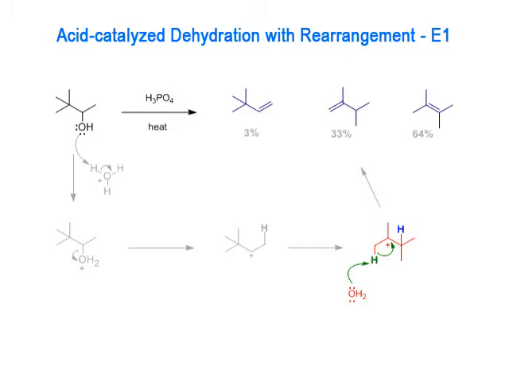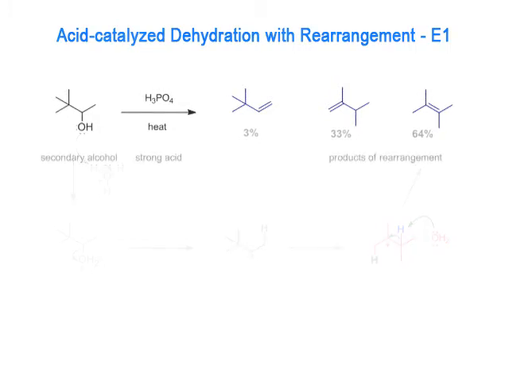In the first process we see here loss from the left to produce the less stable alkene in 33% yield. Loss of the beta proton on the right produces the tetrasubstituted alkene, which is therefore the major product. The E1 elimination process is therefore seen to be prone to rearrangement processes, in which an unstable secondary cation may